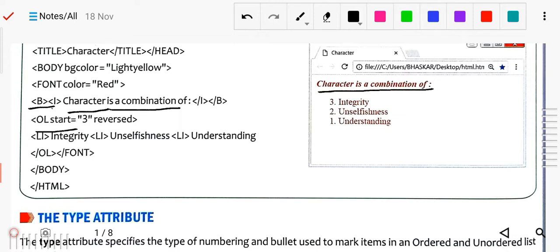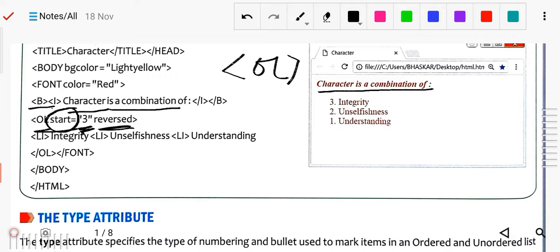Now ol start. Generally in the last example we wrote only ol and closed it. Now we have added one more thing: you can see start, and there is a 3, meaning we have given the value start equals 3. Then after that we used one keyword, reversed. Reversed means it starts from the back.